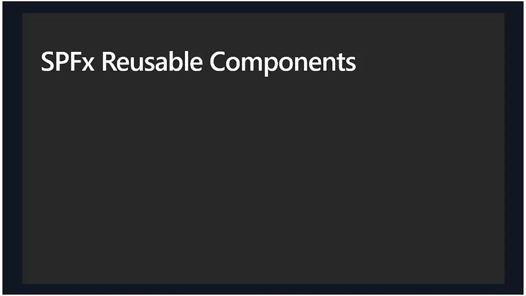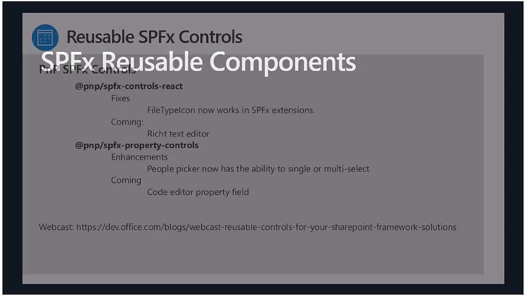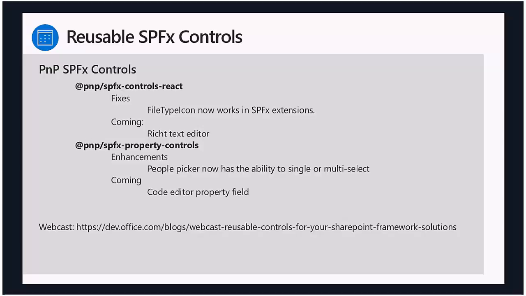So now we got an update on the reusable components. We talked about these a little more in depth on the last call, but wanted to provide an update. These are from Elio. He's been working to improve these over the last couple weeks. And for the controls React, he's fixed a file type icon, works in the SPFx extensions. That was a bug that was out there,